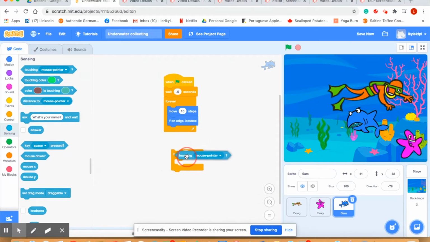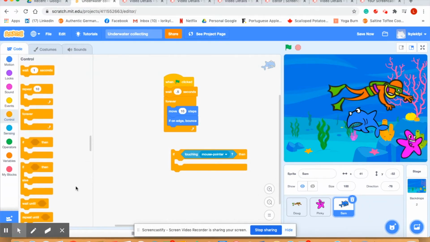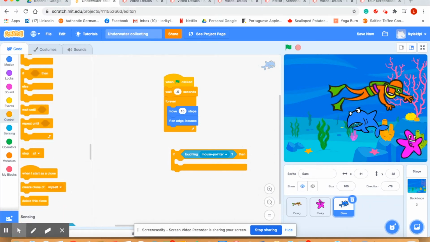If our shark is touching the mouse pointer, what do we want to happen? Well, we're going to go back to the controls and we want to stop the game. So, if the shark is touching the mouse pointer and Doug is the mouse pointer, then we want the game